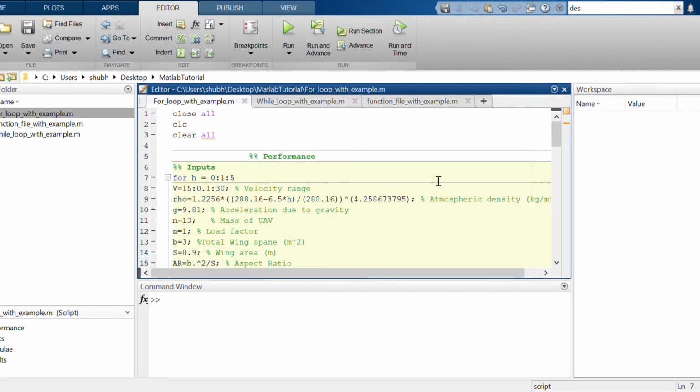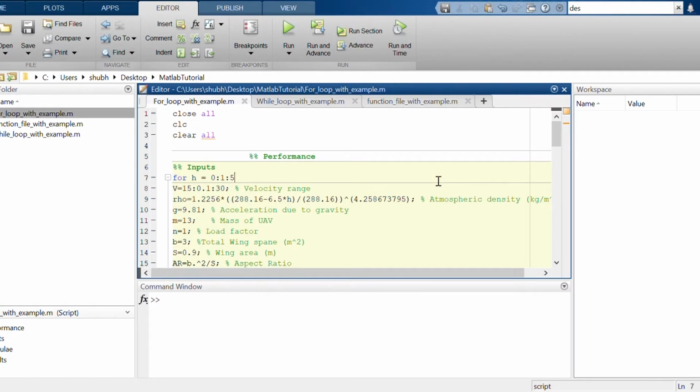In this tutorial, we will cover the basics of MATLAB. This tutorial will be very helpful for the beginners. I hope many of the students know about MATLAB and how to use it and how to execute the program. But the basic purpose of this tutorial is for the beginners who don't know MATLAB and want to learn MATLAB. So MATLAB is a very important tool for all engineering disciplines as well as science and technology.